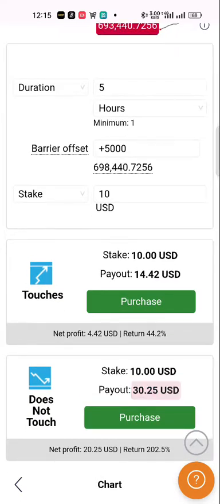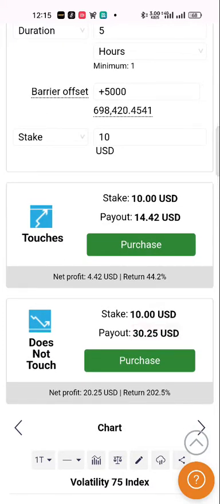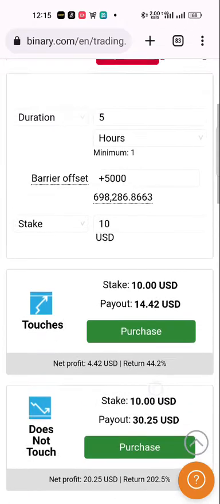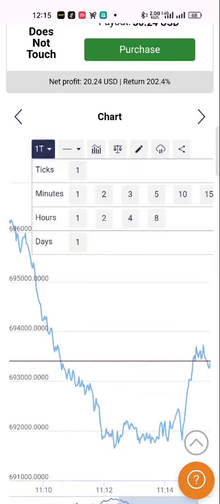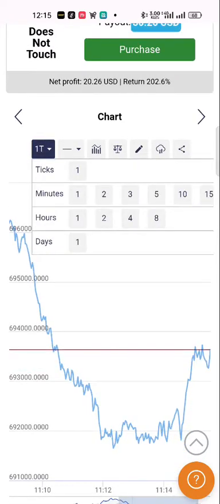So if you have $10 and it's going to give you $4.42 as profit if it actually touches. But if it doesn't touch, you're going to get 202%. But then it's more likely to touch than not to touch, depending on what the market structure is around that point in time. Okay, so you can actually look at the chart. You can see how it's swinging back up again,